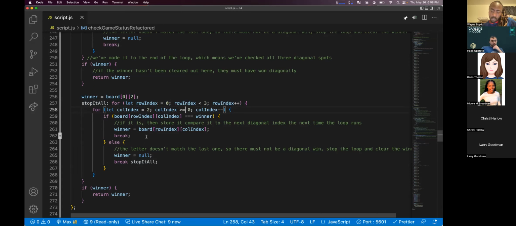But I do not know. 0, 2. It's going to hit this. It has my X. Then it comes through and it sees that those are equal. So it breaks out of this for loop and goes out to this for loop. Now my row is 1.